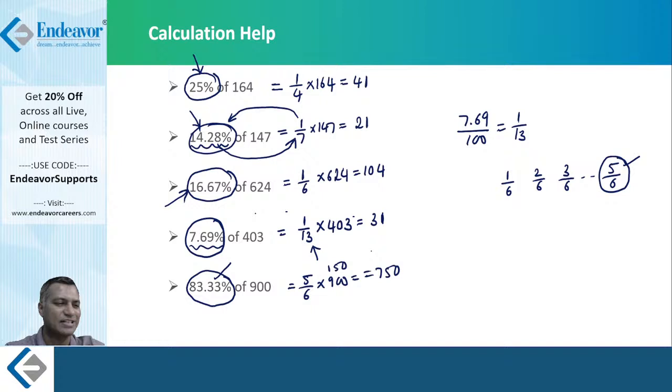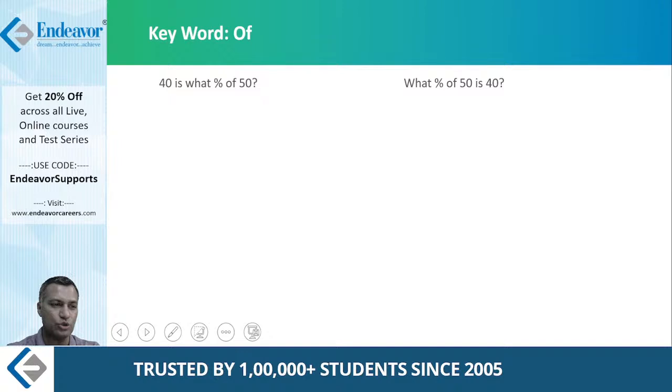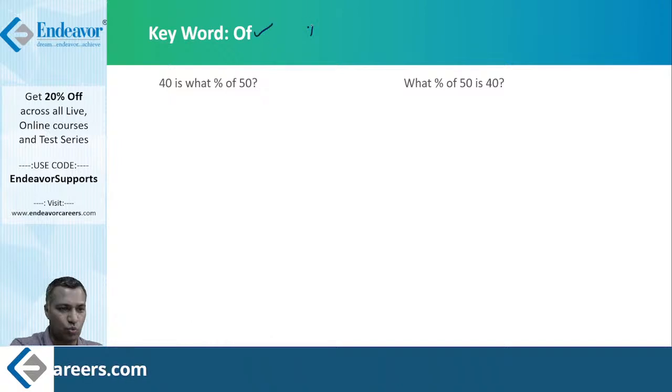And there are a couple of keywords. These are all must-know factors. There are certain keywords, even before we get into the core concept. Of is such an important word in percentage. The word of is very important. See, it can be a long sentence; I've just taken a very short sentence to illustrate that fact. It can even be a very long sentence. What I'm trying to say is that what matters is what comes immediately after. Whatever comes immediately after the word of would become the base, benchmark, denominator.